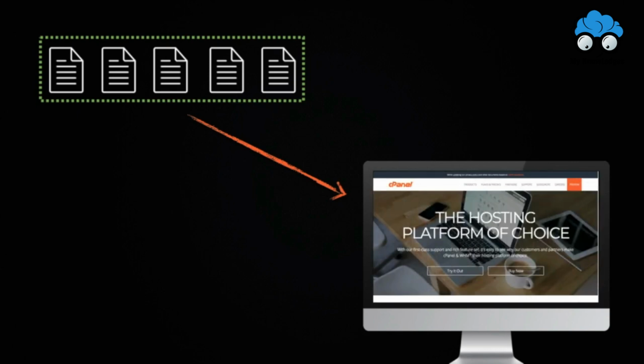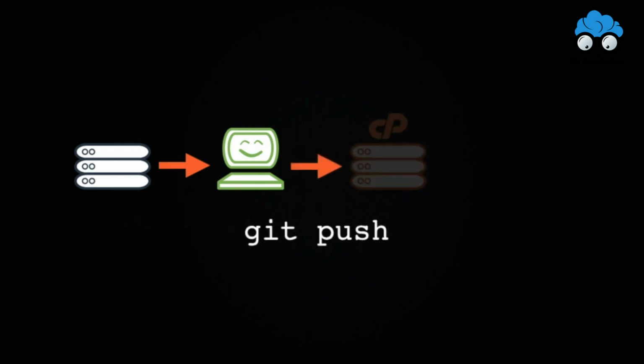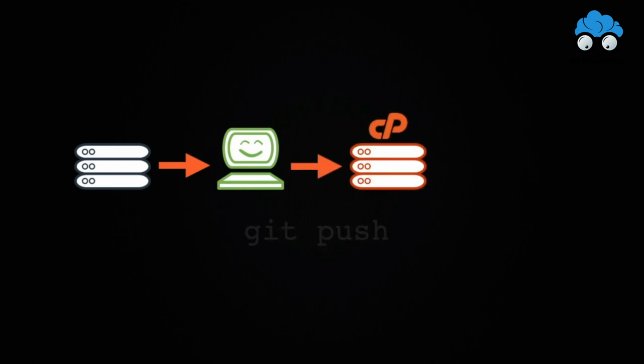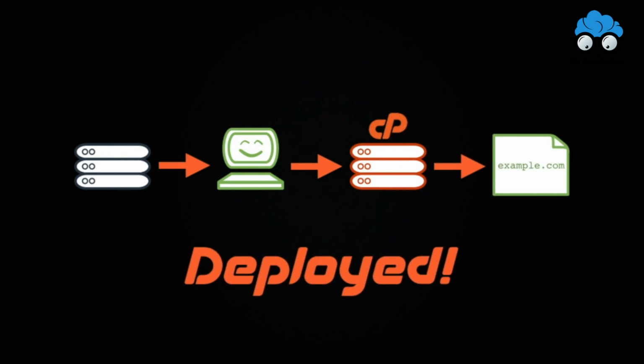The first step to configuring deployment is to decide which type of deployment your project needs. With push or automatic deployment, you first pull new changes from a remote repository to your local computer. Then, you can push those changes to your cPanel managed repository. cPanel will deploy the changes automatically whenever it receives them using the commands that you configured for deployment. This is the type of deployment that we recommend you use, and it's the type that I'll show you in